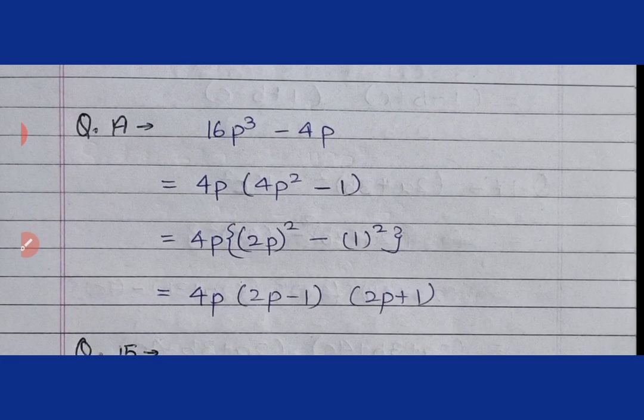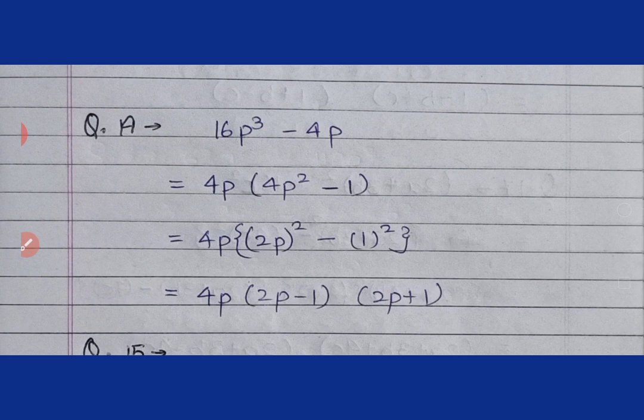In the next question, 16p cube minus 4p. Here 16 is a square of 4 and 4 is the square of 2, but p cube is not a perfect square, neither is p a perfect square. So we will put the 4p outside. So what remains? 4p square minus 1. Now as you are thinking, how will it be changed into the form of a square minus b square,